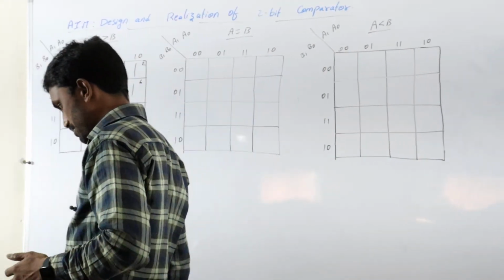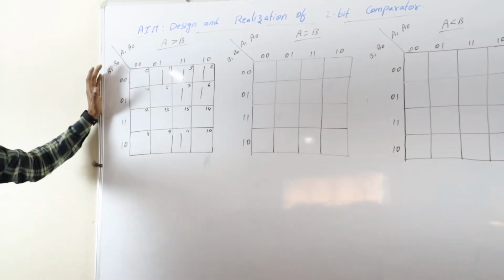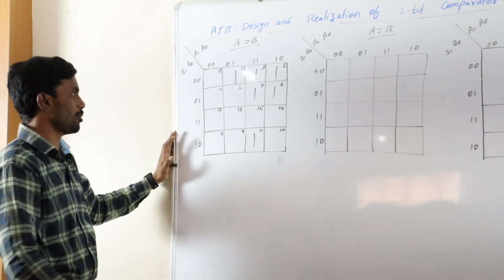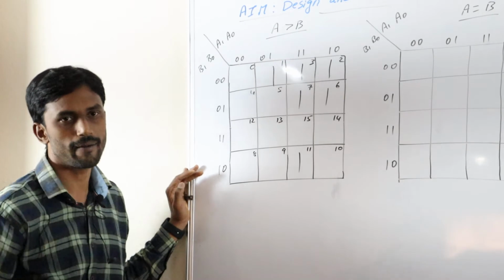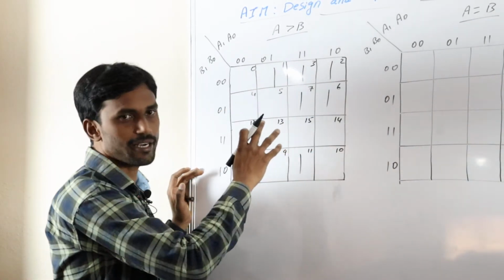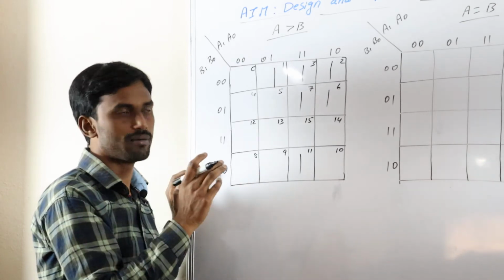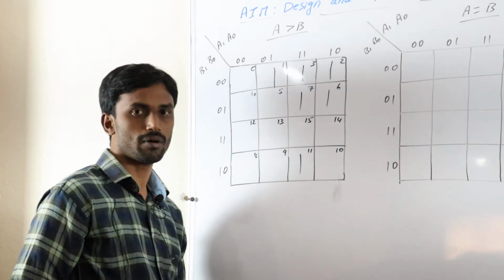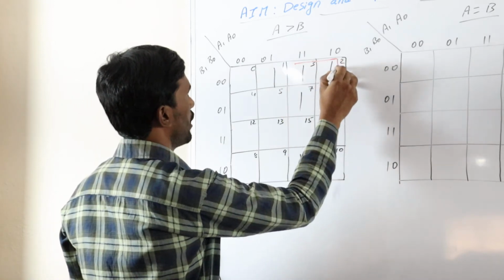Now make the groups. First step is completed, that we have assigned the ones. Now make a group. The first possibility, check for a 16 group. Is it possible? No, 16 ones are not there. Now check for 8 possibility. Do you have any 8 ones side by side as a group? No, you don't. Now check for 4. Yes, I do have. Let's make this 4 group. Yes, this is a group.